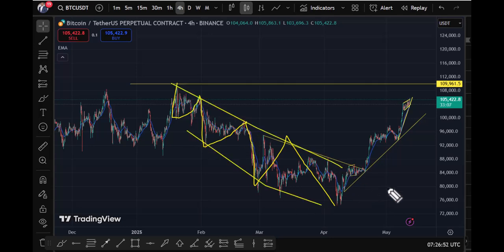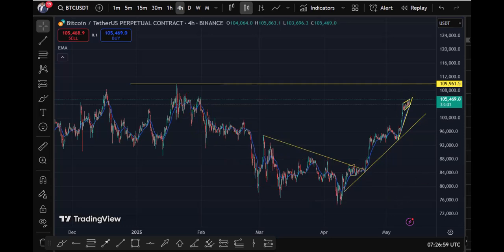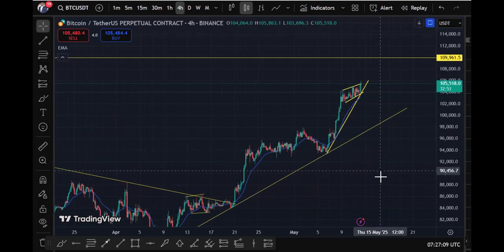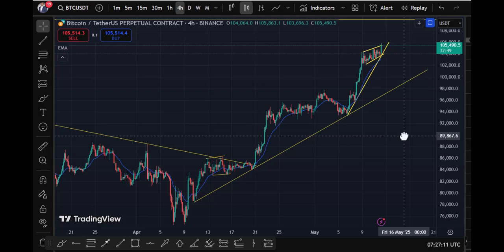And when this breakout happened here, we were like, okay, definitely this market is going to push high. And from what we are seeing now, this market will definitely break the all-time high and keep pushing high. All right, so at this point, what opportunity do we have for this week, guys? That's the most important thing, not what has happened.